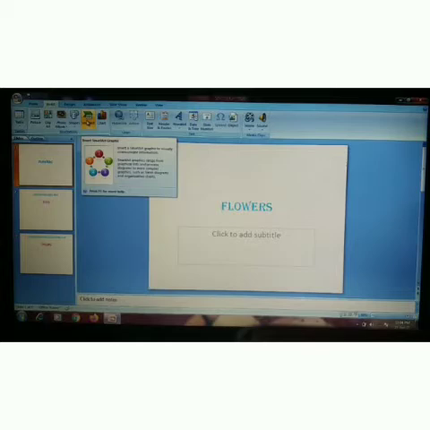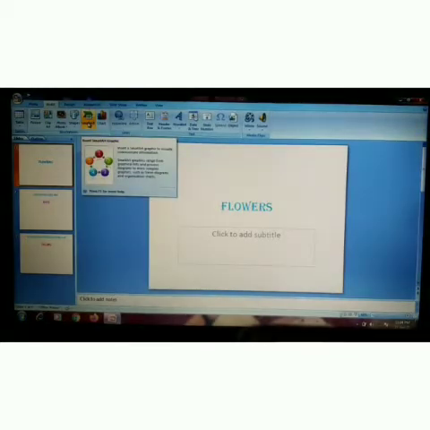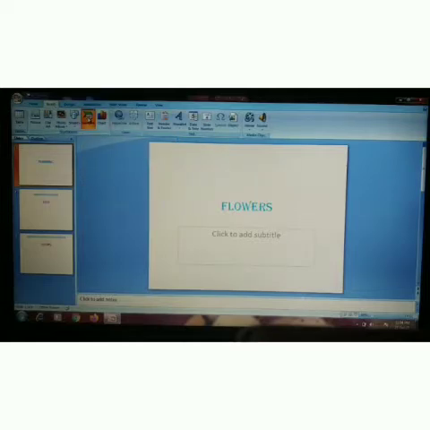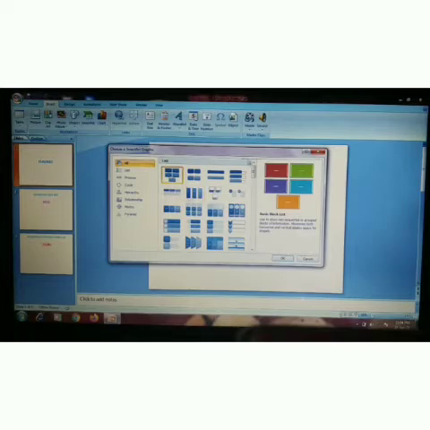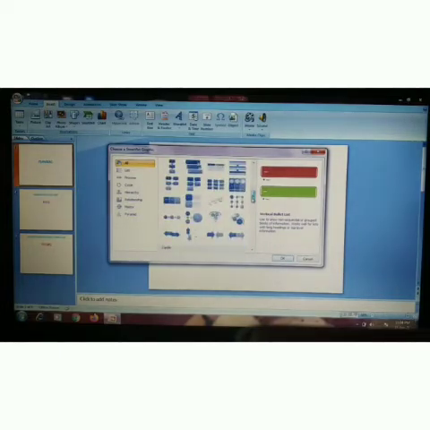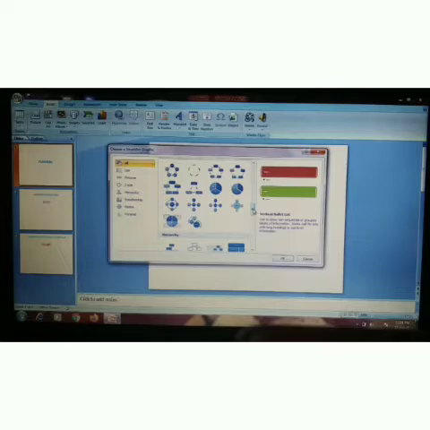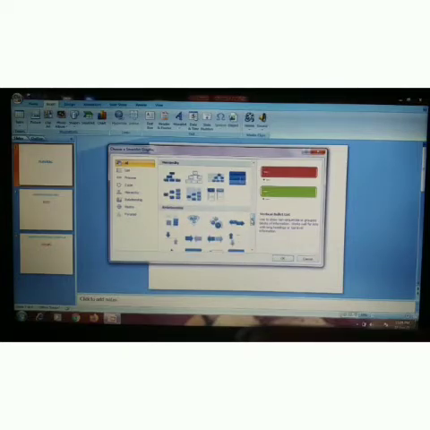What is smart art? You can insert different shapes that are used to represent information graphically from the smart art button. It is given in the insert tab. Click the smart art button. You can see different smart art shapes from here, and you can insert any of them according to our need.